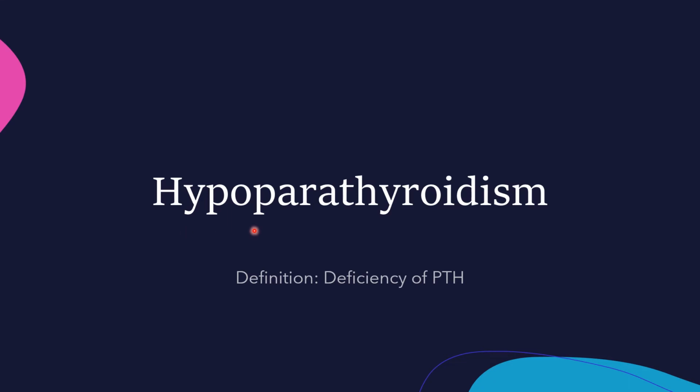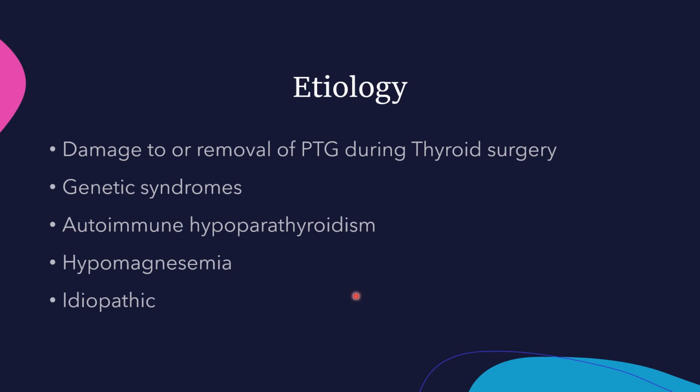Now we will speak about hypoparathyroidism. Hypoparathyroidism is the exact opposite of before. So we have a deficiency of parathyroid hormone, so decreased parathyroid hormone. The etiology is damage to or removal of the parathyroid gland during thyroid surgery. This is the most common cause, for instance when a thyroid cancer has to be removed. The parathyroid gland may be damaged or removed with the thyroid gland, and this may then lead